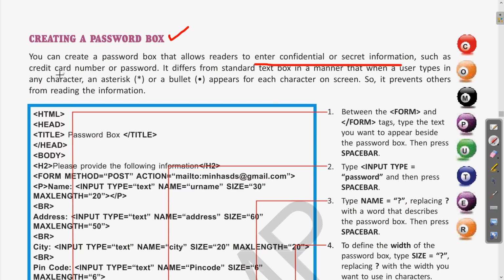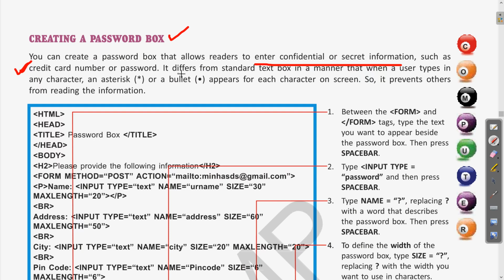This can be credit card information, the PIN of an ATM card, the login password, or various other types of passwords when we register on any of the websites. There also we see these types of forms where we need to choose a password. All this sensitive and confidential information should be written using the password box.